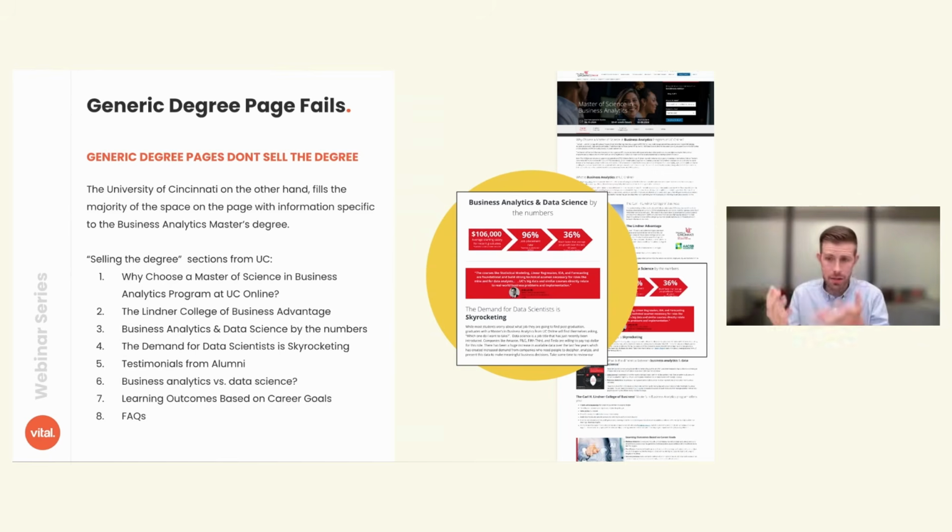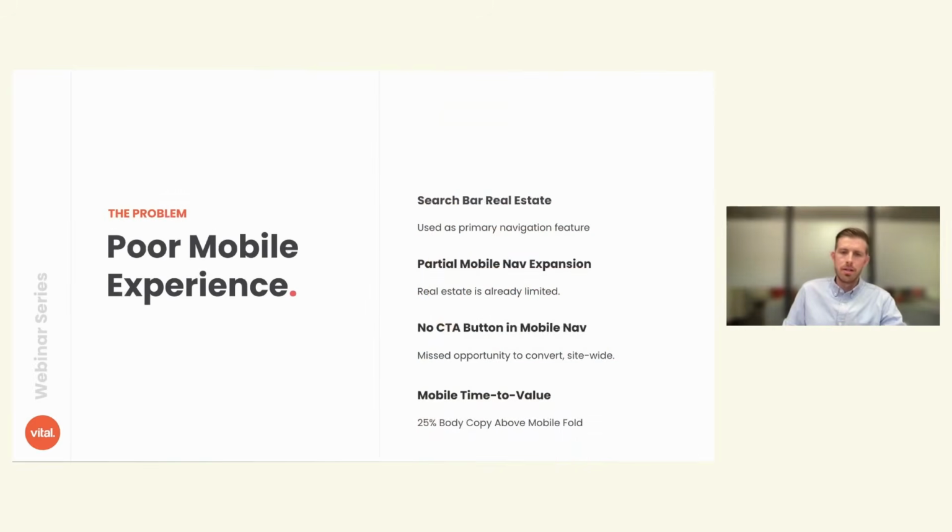So this page is selling that degree. There's a lot more reason for me to want to get that degree and I appreciate that. And also not only sell me on that degree in general, but why to get it from University of Cincinnati. That is a much better way to handle selling the degree. Next up,